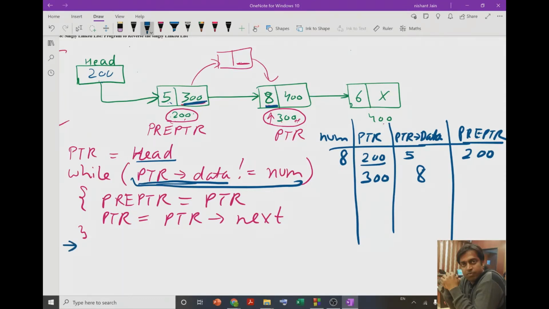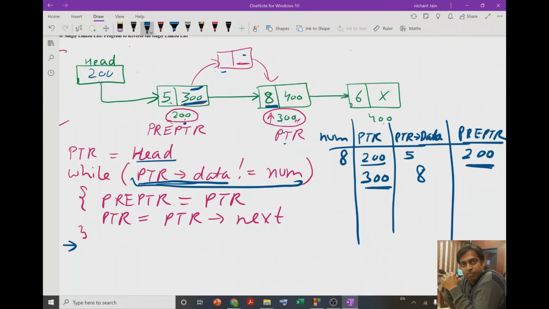By the end of the while loop, PTR carries the address of the node at which the desired data is present, whereas pre-PTR carries the address of the previous node, right?